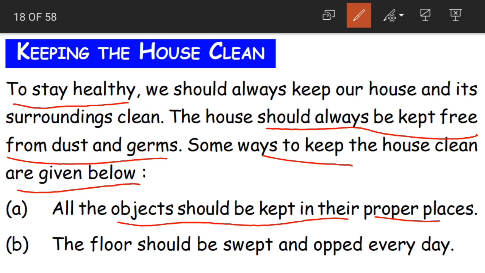Now you have to practice this habit, children. When you remove your shoes and socks, you have to place them in the shoe rack. If you are not having a shoe rack, you have to place them exactly where you keep your shoes and socks. You cannot just throw them in the hall. Then again it doesn't look good.